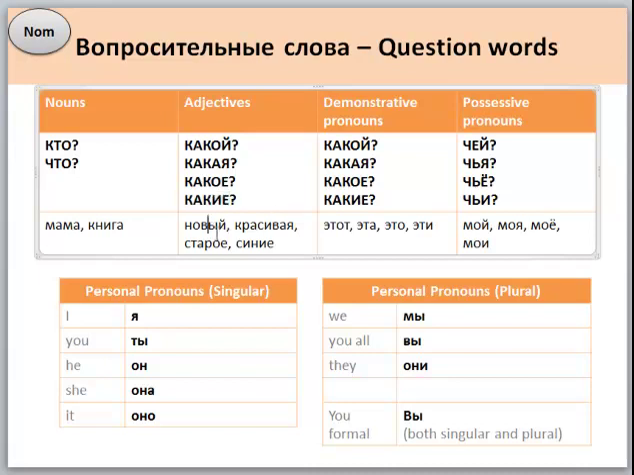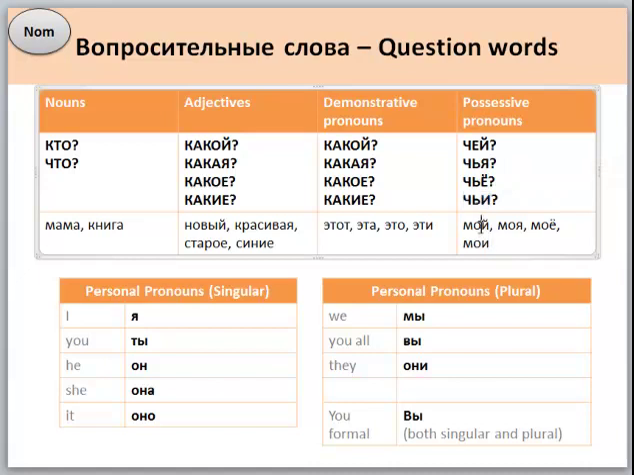For example, какой это дом? Это новый дом. Какая это актриса? Это красивая актриса. Use the same question words for the demonstrative pronouns. For example, какой дом? Этот дом. Какая актриса? Это актриса. For the possessive pronouns, use чей for masculine, чья for feminine, чье for neuter, чьи for